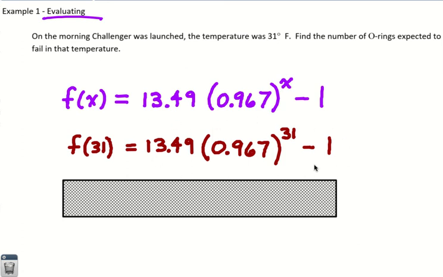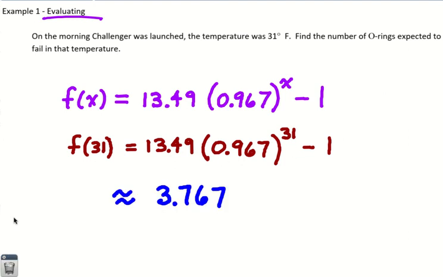And it should be able to do the order of operations in the correct order, which would be, first you would raise this number to the 31st power. Then after that you would multiply by 13.49. And then you would subtract 1, in that order. The calculator knows that, and it's programmed to do that correctly. But remember PEMDAS: Please Excuse My Dear Aunt Sally. Exponents come before multiplying, okay? And if you've punched it in correctly or done the steps in the correct order, you should get about 3.767,